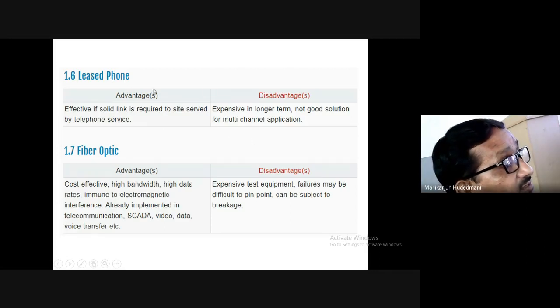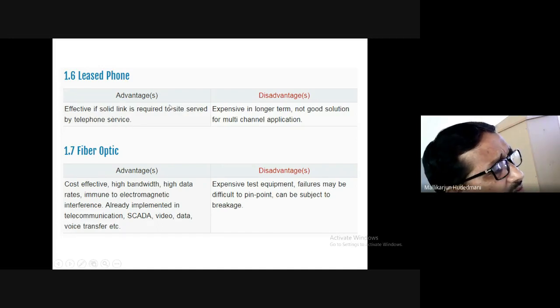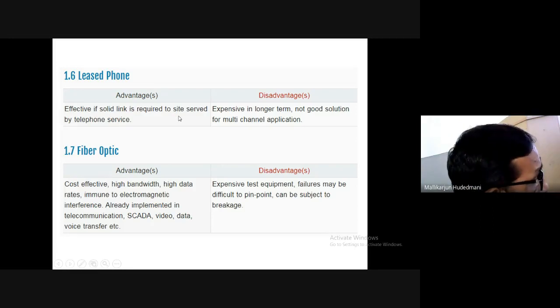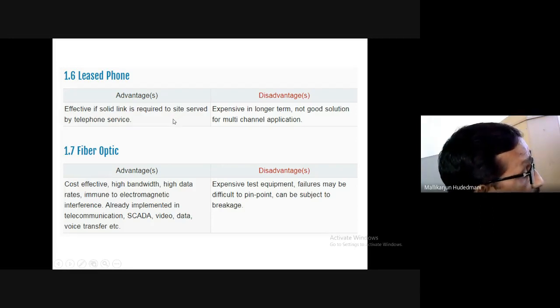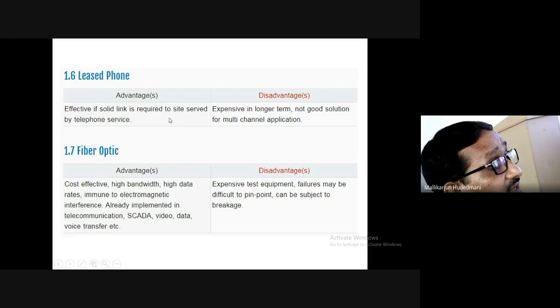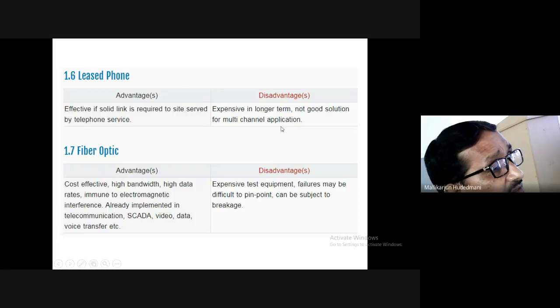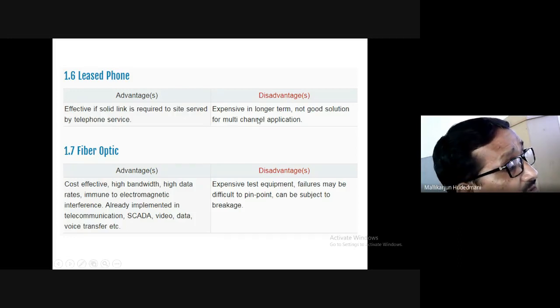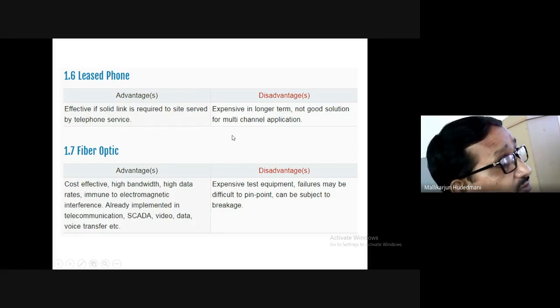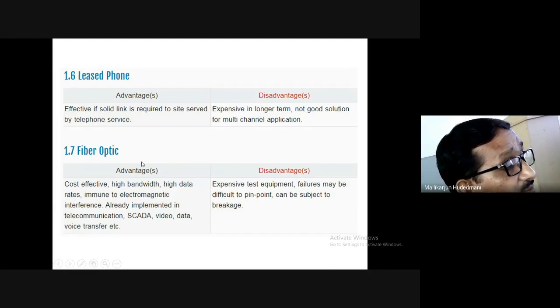It is called telephone services. This is also another way, but there is a problem because there could be a breakdown in the service provision. That breakdown could definitely cause your business to get hampered. So when I use such things for a highly sensitive power system, it really is not a good solution. If the telephone line is broken or the telephone line service is broken, your service control in the power system gets highly affected. Hence it is not desirable, but there is a scope for communication that could happen in the power system. Let's see the fiber optic communication.